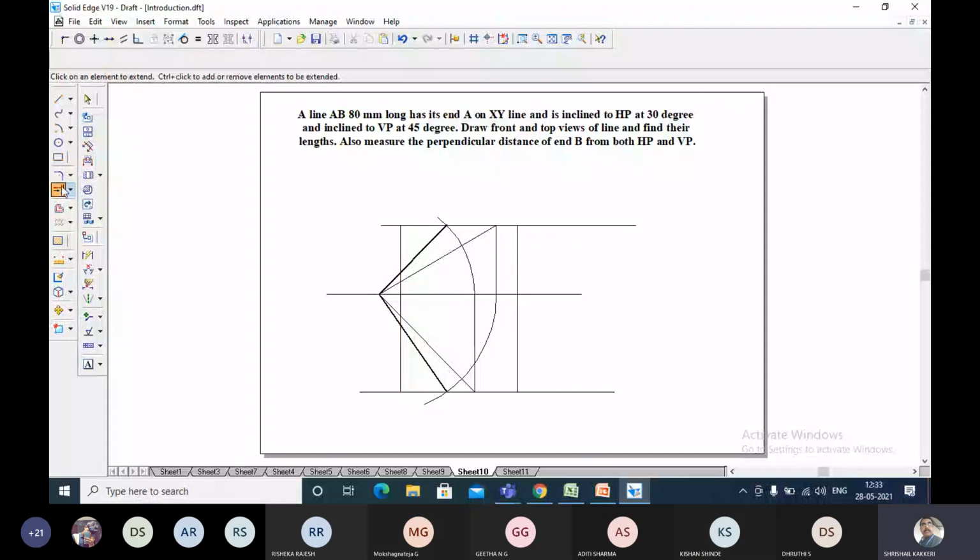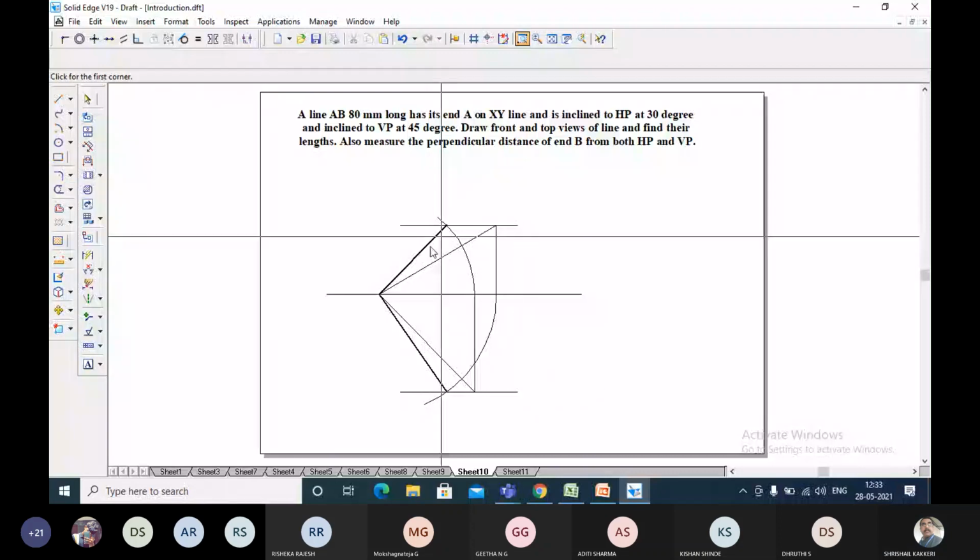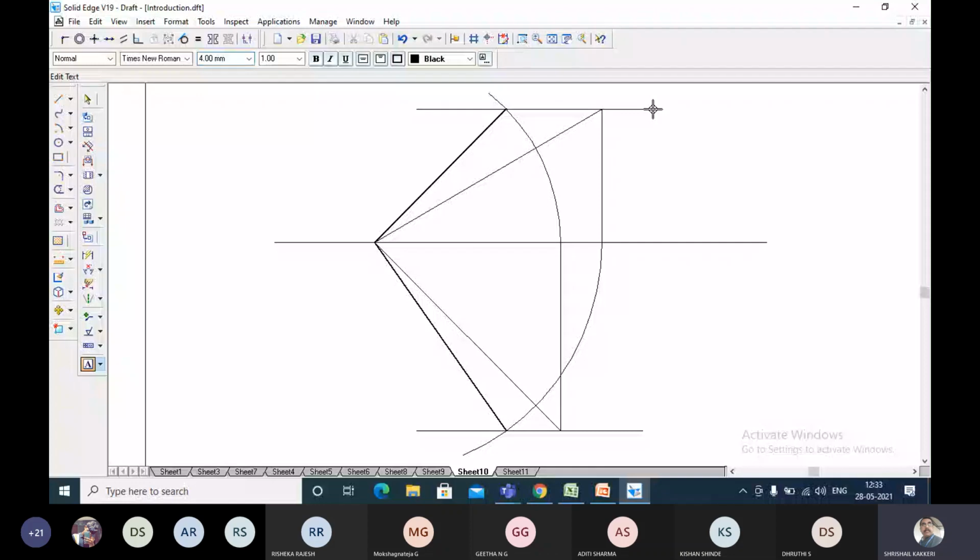That's it. And this will be the locus of B. This will be called the locus of B. This is the locus of B here, and the same thing can be copied. Copy. And the locus of A is coming on the same line.